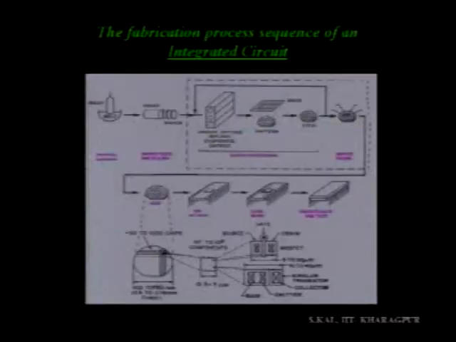Now only the fabrication part, wafer preparation part is elaborated in this view graph. Now you see ingot means silicon. From the silicon melt, using the Czochralski technique or float zone technique, we make the silicon ingot, that means semiconductor bar. This is made into slices here, small size, then you polish it, then you will get the silicon wafer, and this silicon wafer now is